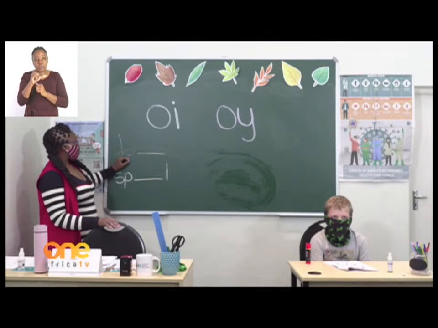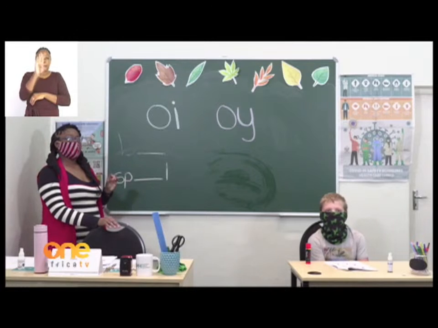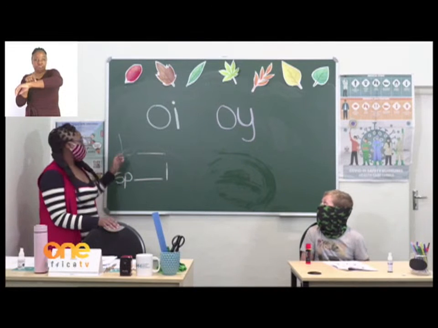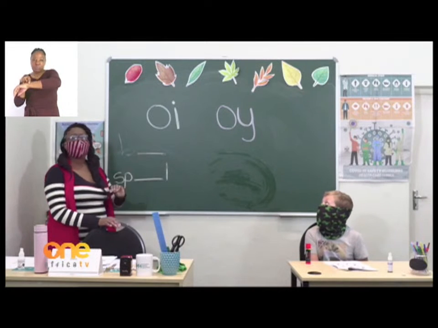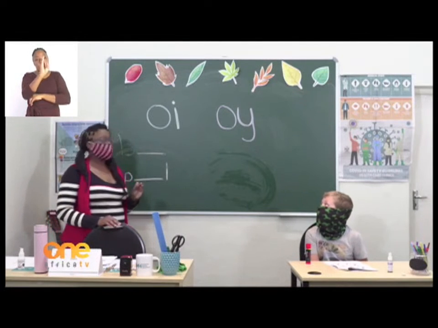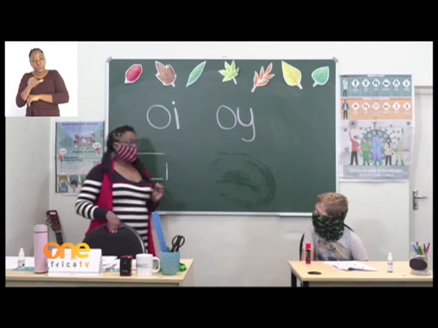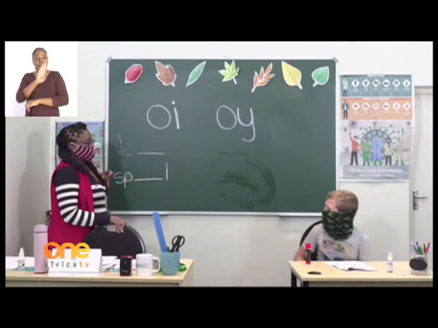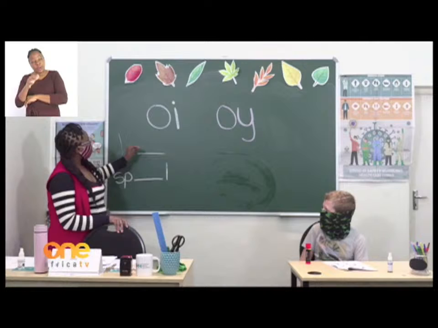Here we have b and then a dash. So if we were to add the oi, it would say b, oi. But which oi are we going to use? Is it O-I or O-Y? Which one do you think we should use? Point to it. For the word boy,